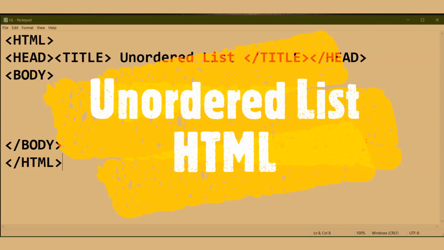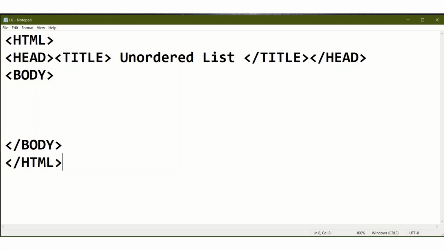To discuss bulleted list, this is my HTML document. Already I have created it, and then within the body you have to write the code of the unordered list.